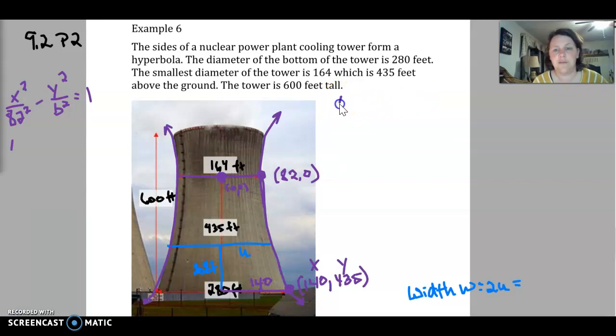Okay, so now we have 140 squared over 82 squared minus 435 squared over b squared, which equals 1. So first thing I want to do is I want to get rid of my denominator. So I'm going to multiply everything by the least common denominator, which is going to be 82 squared b squared. So when I multiply everything by that,